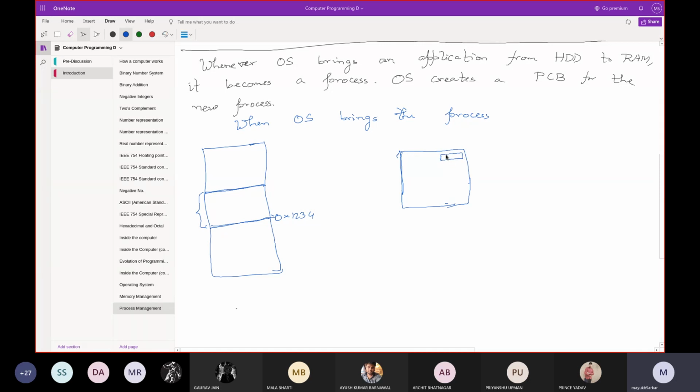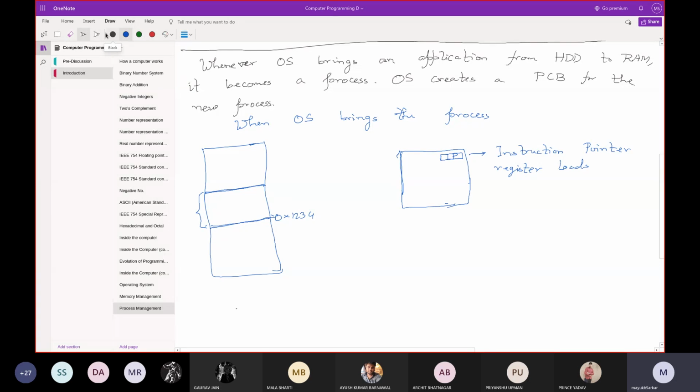And in the instruction pointer register, the OS loads the new address.